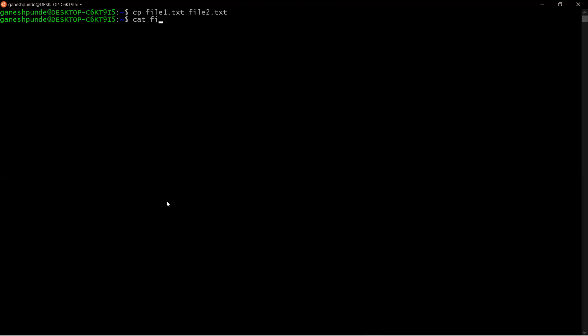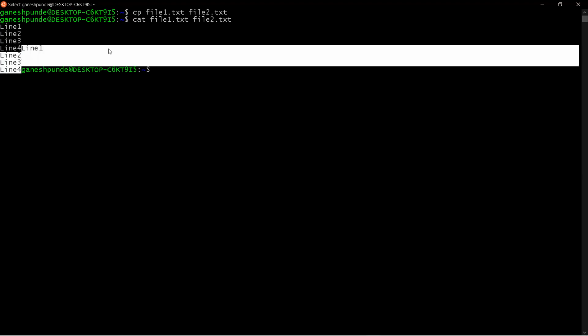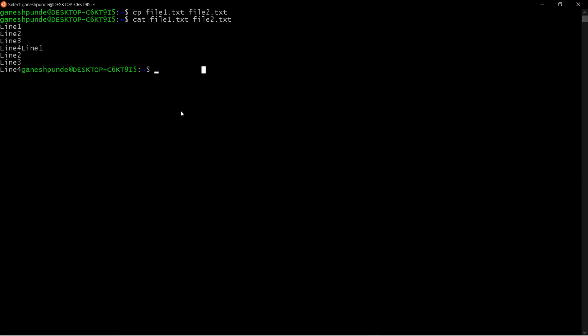So now we will see file1.txt, right? And if I want to see multiple files, I can see in a similar way. So you can see file1 is this and file2 is this, right? So the content has been copied. So that's about cp without any option. It means if you want to copy the content of one file into another file,